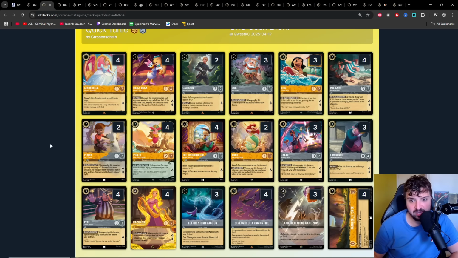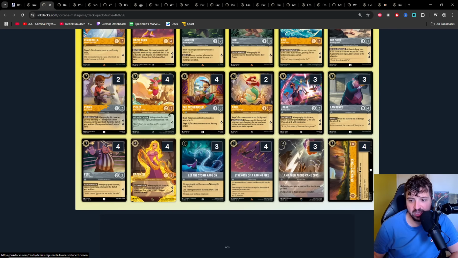We've got a Diggy Diggy Hole deck up next in the top 4. This one is playing Doc, and Rapunzel's Tower, I think, is the one that really catches my eye here. I think it's a really good card in this style of deck. It's a location with 8 willpower. It doesn't gain you any lore, but it only costs 1 to move cards in there, and it gives them